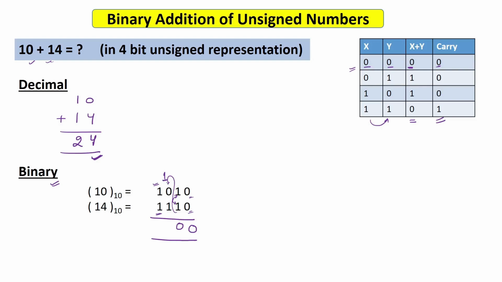Now you have 3 bits, this 1, this 0 and this 1. What is the addition of this 1 and this 0? You will say 1 and 0 gives me a sum of 1. Now there is another bit, that is 1 also. If you add this 1 and this 1, what will be the answer? The addition of 1 and 1 is 0, and it will give me 1 as the carry. So finally this 0 will be written here and the carry 1 will be written here.